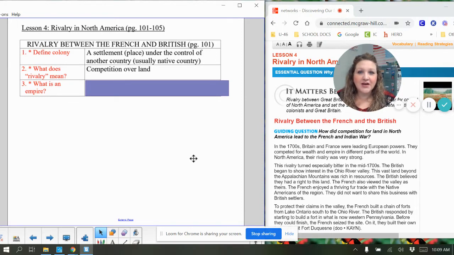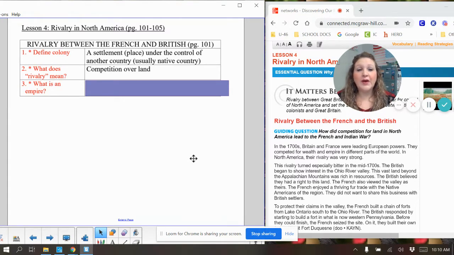In the case of here, we're going to be talking about a war, so typically we're saying that your rival is your enemy, but a rival does not have to be an enemy. It's just someone that you're competing with, and you're both going for the same end prize. In this case, they are going to want land, and land in North America is what they're focusing on.